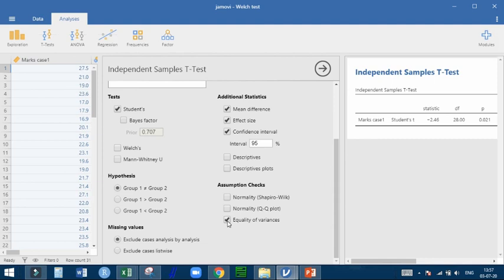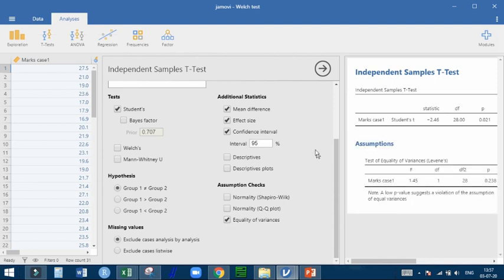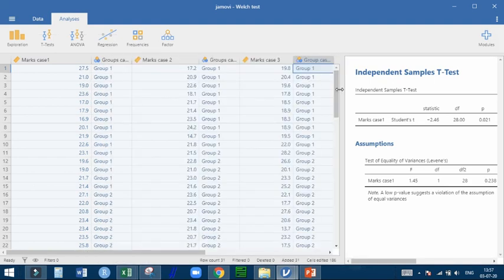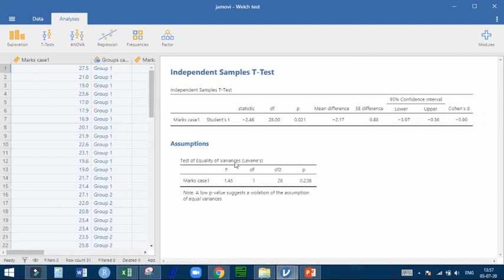You are supposed to check your other two assumptions, outliers and normality. Click on this arrow. In the test of equality of variances, this value is greater than 0.05, which means our assumption of homogeneity of variance is fulfilled. In this case, we can apply the student t-test.